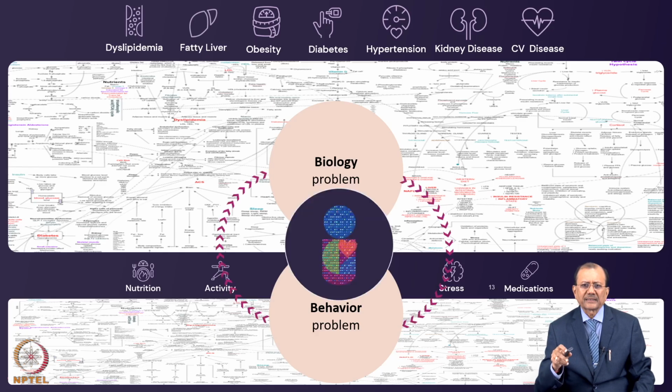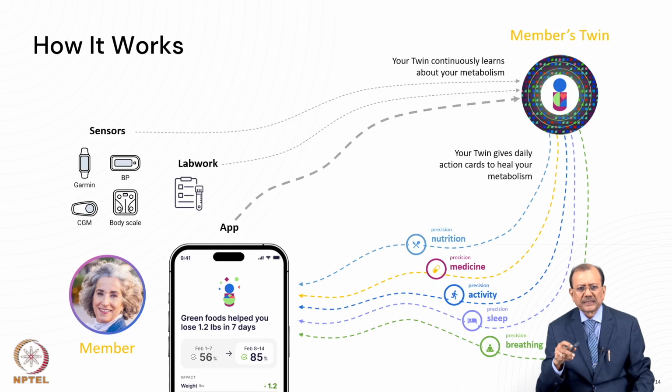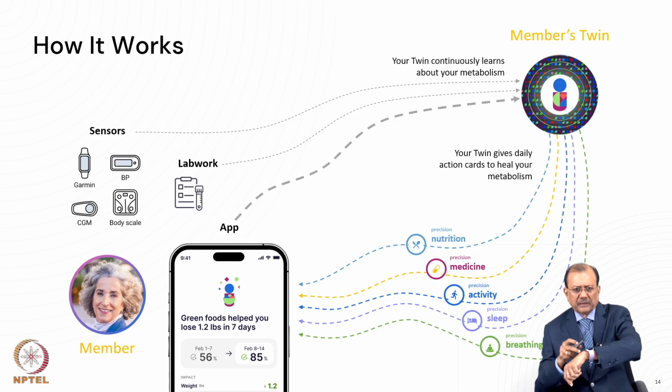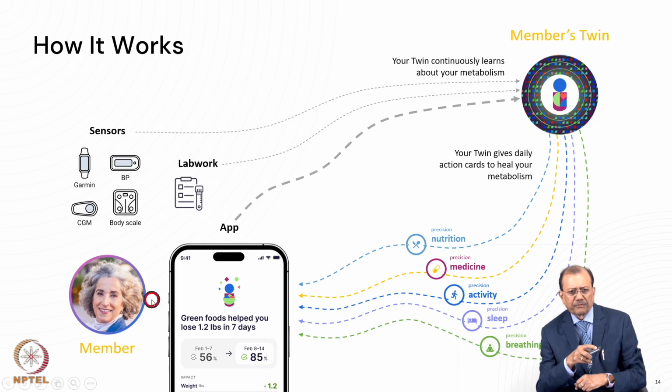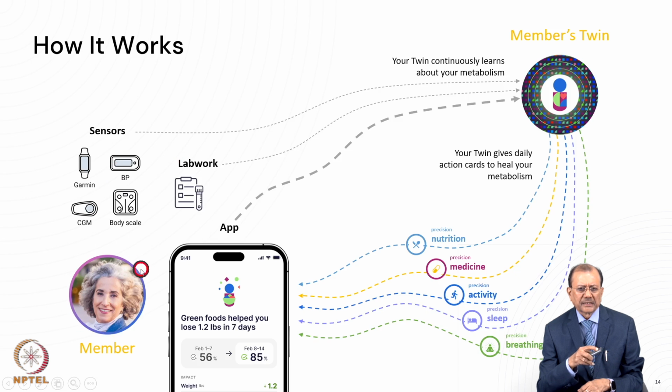So how to get them? This is their mechanism. As I said, they have a bunch of 3-4 sensors, which are applied on the body of a person who is taking this kind of treatment. This data is captured for quite some time, say at least 6 weeks. They capture the data, try to understand the metabolism of this person, and then the system starts giving advice.